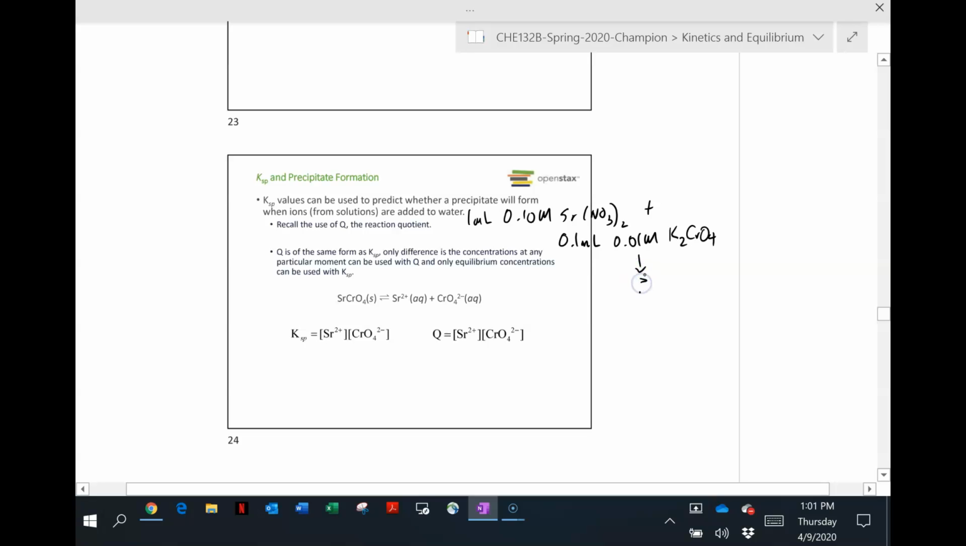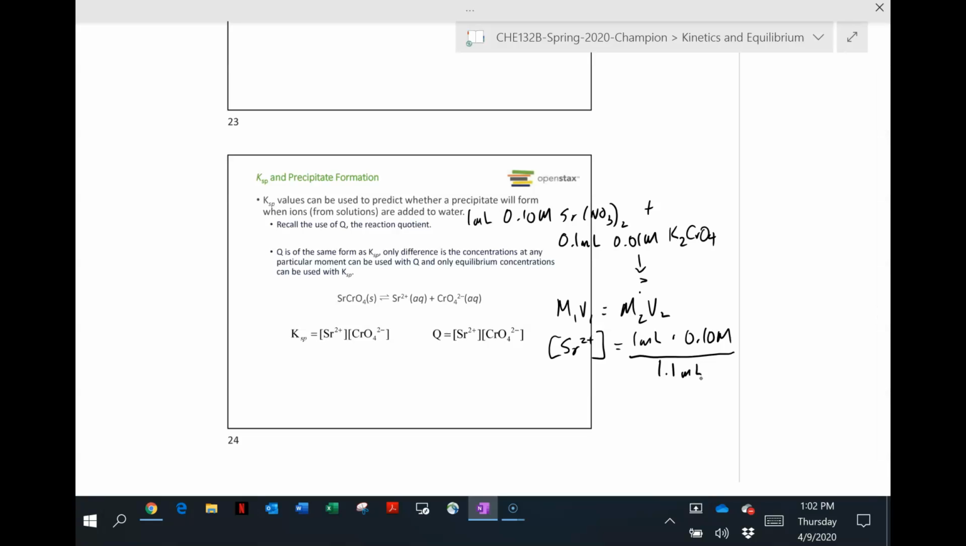you can figure out what the volume of the ions would be. You could use M1V1 equals M2V2 and get the concentration of strontium ion. So strontium is going to be 1 milliliter times 0.10 molar divided by the final volume, 1.1 milliliter. So let's see, that's going to be basically 0.1, a little smaller, 0.0909, say 0.091 molar,